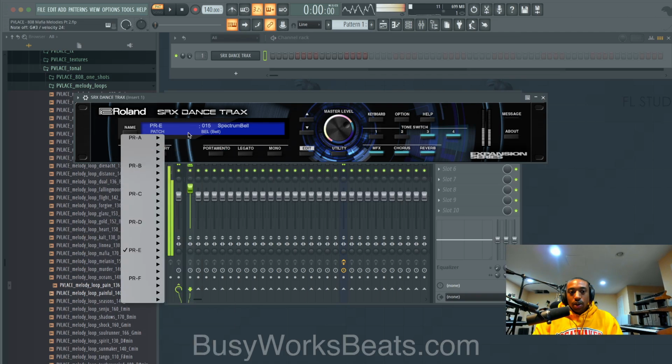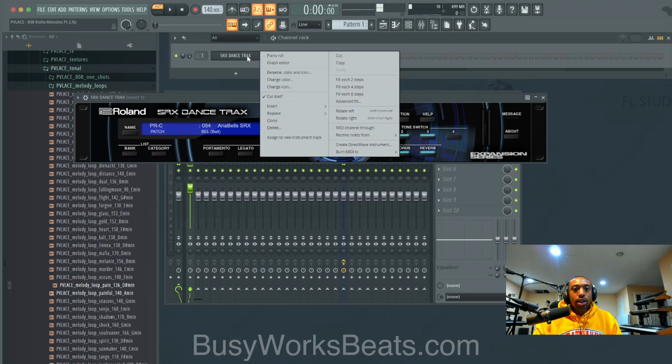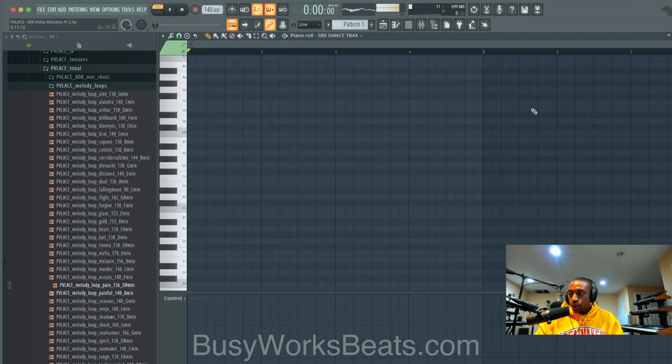So you're going to go for a bell or a pluck sound. I'm going to pick our own type of bell sound so that we don't create identical melodies. This one's cool because it's nice and lush and it seems like it has that velocity function to it. So here's a key to this sound. If you want that kind of dreamy melodic sound, break up a nice big chord. I found that that's the easiest way to kind of start.